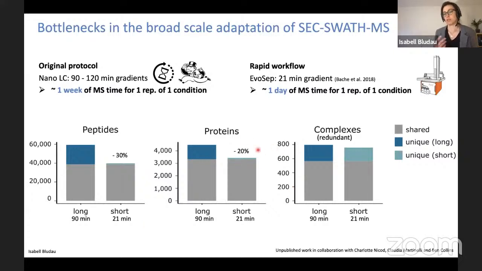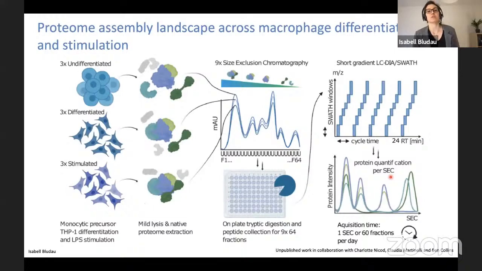But if we look at protein complexes that can be detected, you actually don't lose a lot of information by reducing the chromatographic gradient. And this makes the entire approach much more feasible for larger studies. So what we did was actually use this very short gradient system to investigate the proteome assembly landscape across macrophage